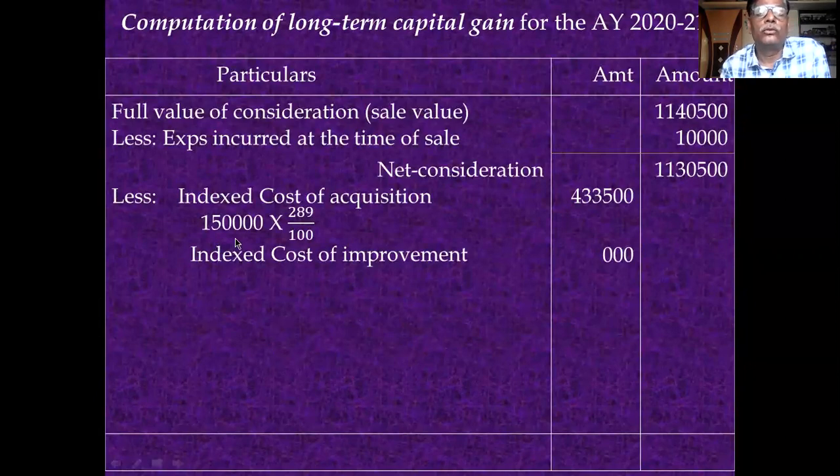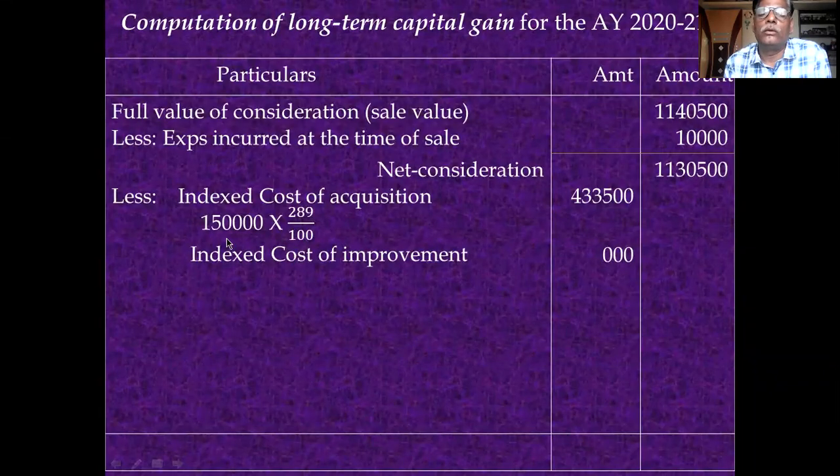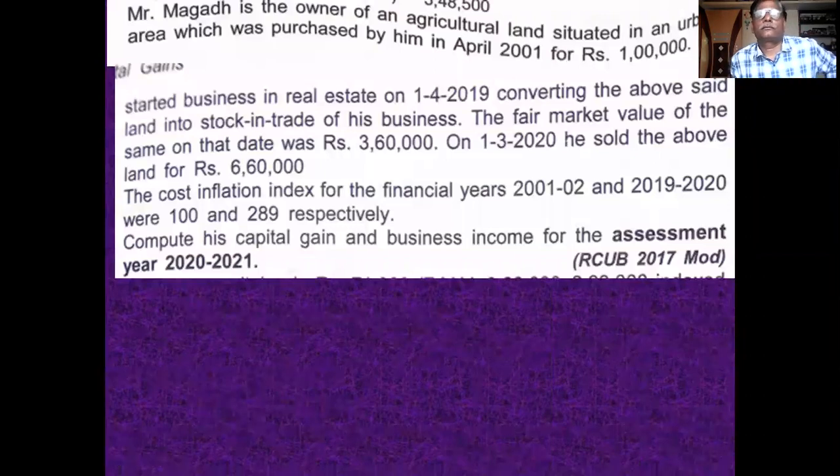And you remember this, how to take the index. Always multiply by the current year index, that means the previous year index. Multiply by previous year index, divide by the year of acquisition or year of improvement. This is the year of acquisition, 81. 1,50,000 is the value related with 2001. Therefore, you take the 2001 year index and divide. This problem was already solved in yesterday's class. I will not go into this.